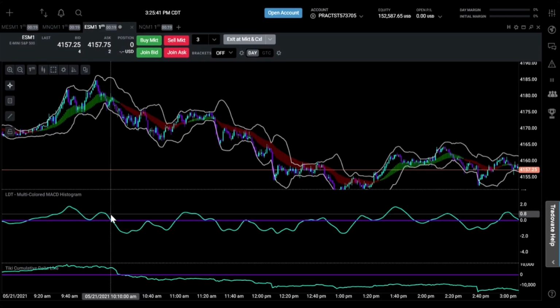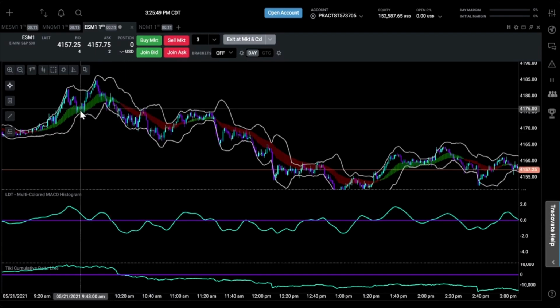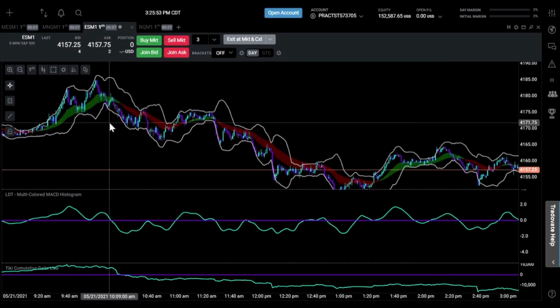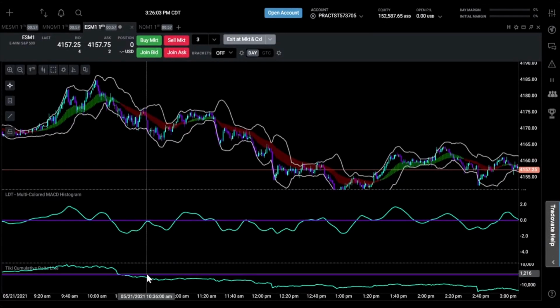I'm looking for this thing to go down below zero, which there was really nothing to do here anyhow. I think we had news around 10 o'clock Friday morning. That's probably what the deal was there. But anyhow, as long as we're below the zero line here, and below the zero line there,